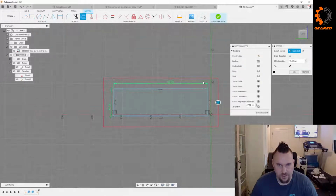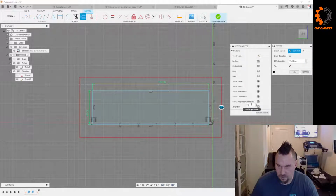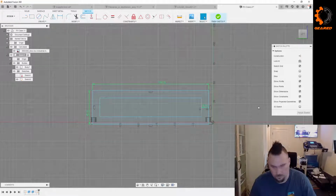I'm just eyeballing this because it's going to get changed. I'll just call it 10. Nope, we're not going to call it 10. We're going to call it 15. I want to at least get it to be about... What did I do? Oh, sorry. Offset,